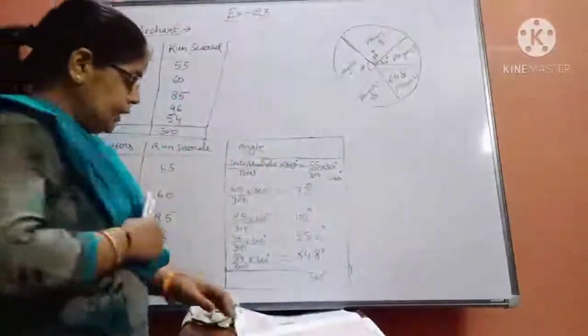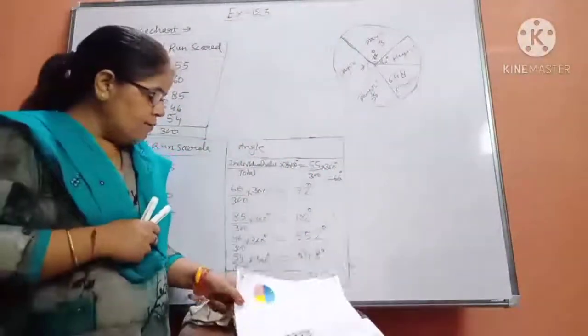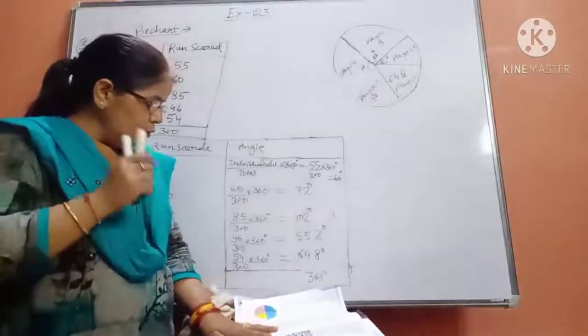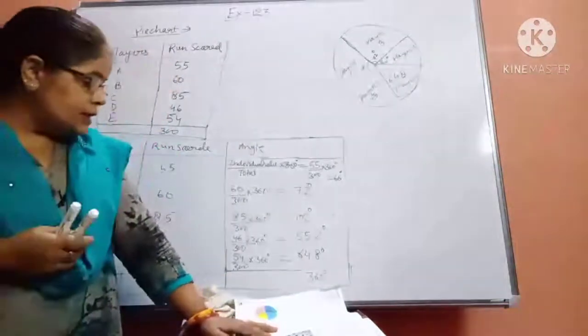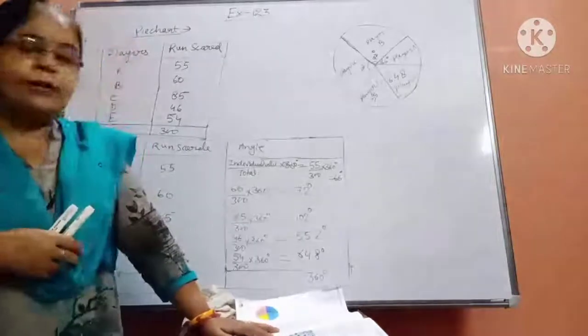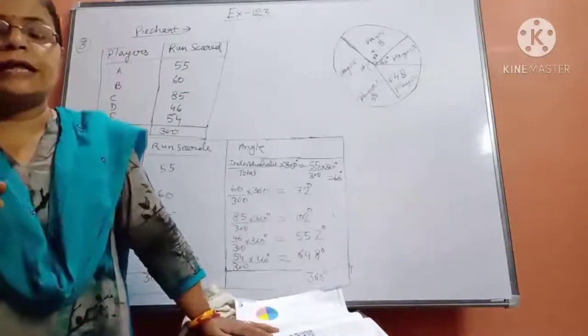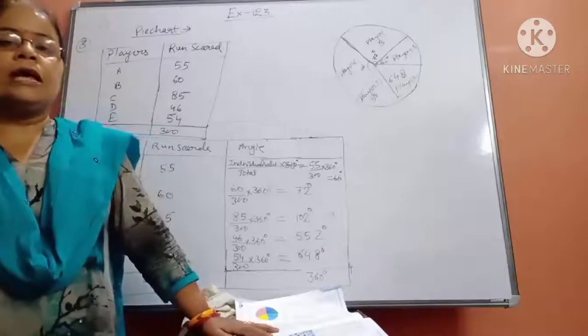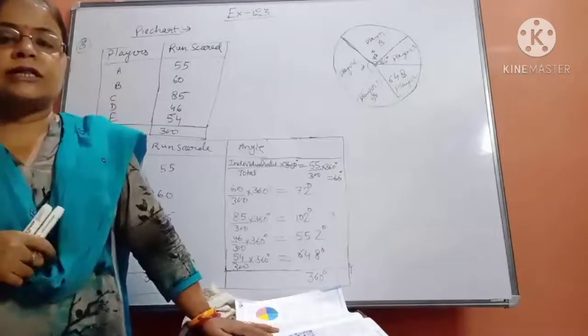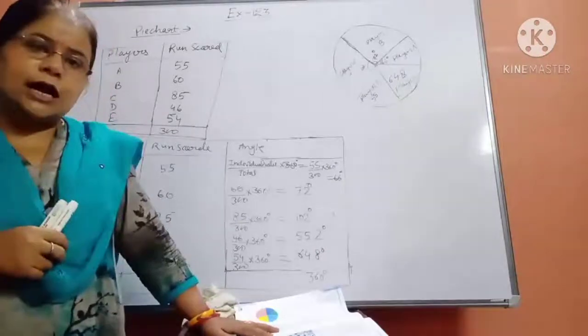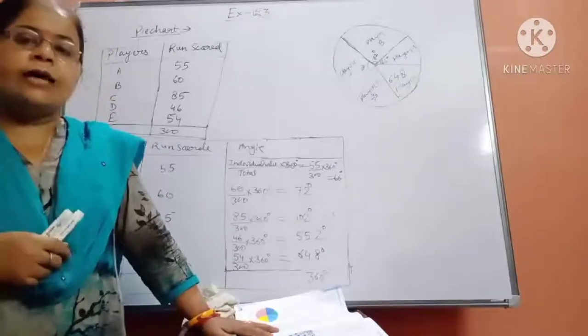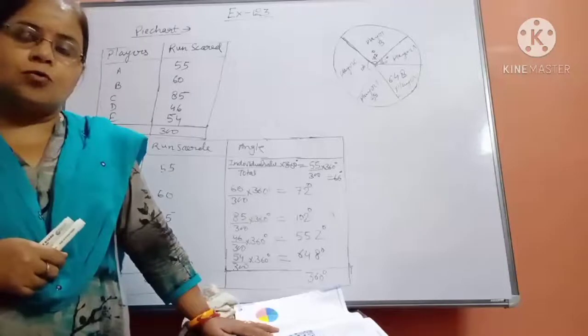Okay beta, lastly you have 2 more questions, 4 and 5, which you will try yourself. Then one question remains, question number 6, and that is another type of question. We will discuss that question in the next class. So question numbers 4 and 5, you just try yourself and send them to me as your homework.